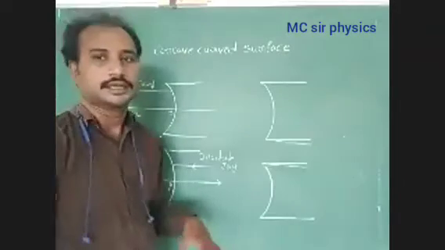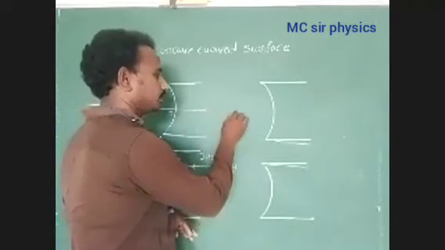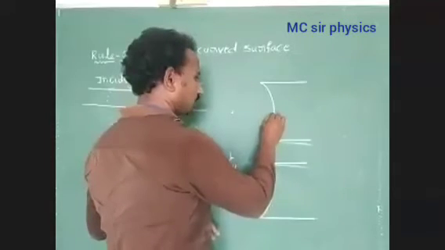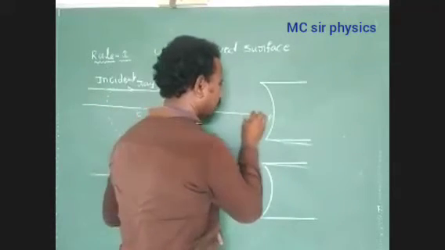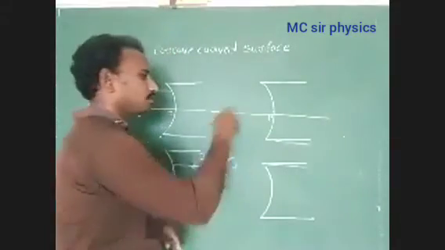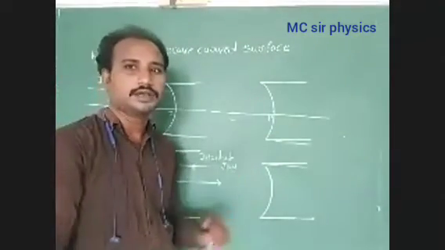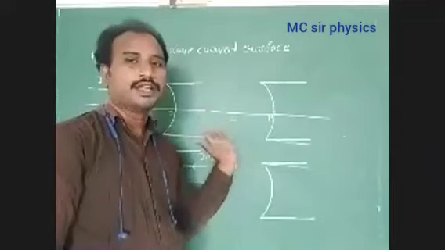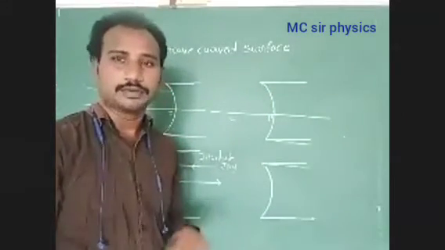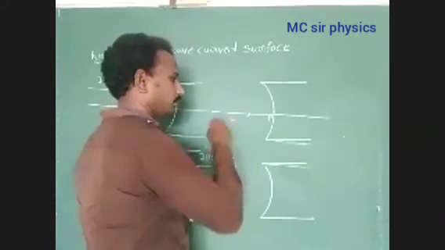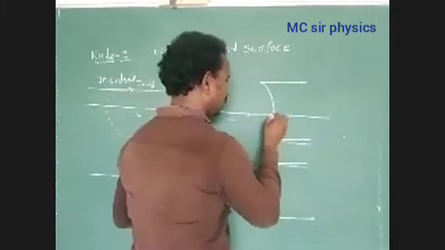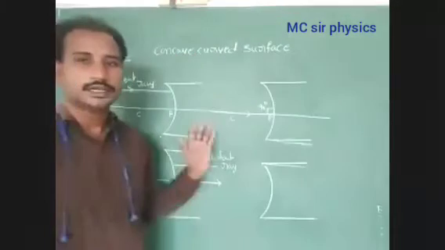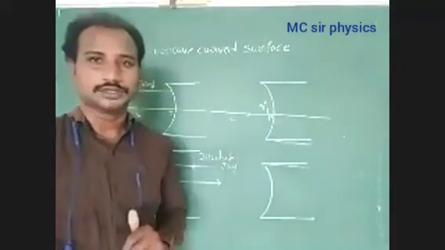Okay, in the second condition, we have to represent the center of curvature and midpoint. The midpoint of that curved surface is called the pole. Draw one reference line passing through the center of curvature and the pole of the concave curved surface. Now we consider the incident ray direction from the rarer optical medium to the denser optical medium. From rarer to denser. Here, the incident ray makes 90 degrees with respect to the curved surface.